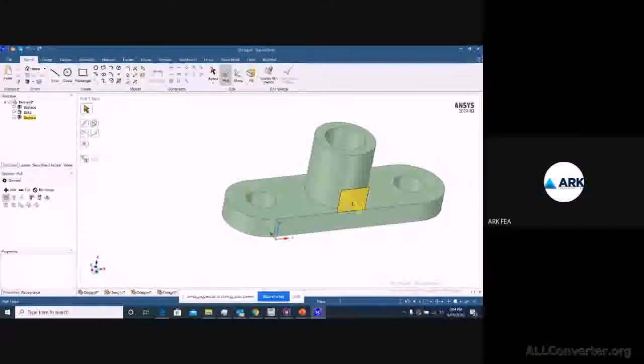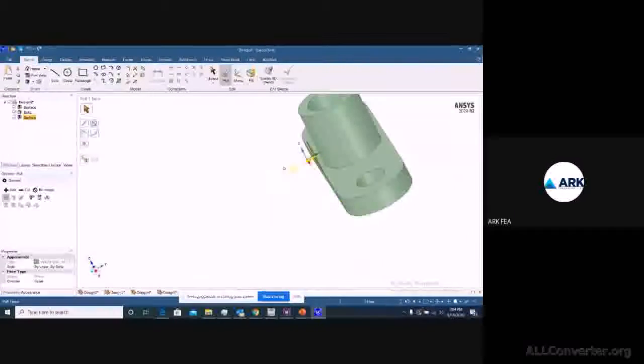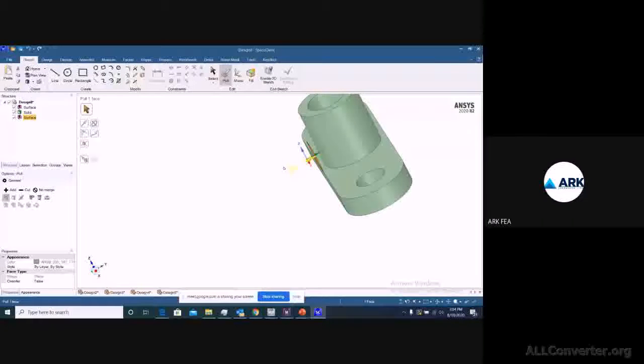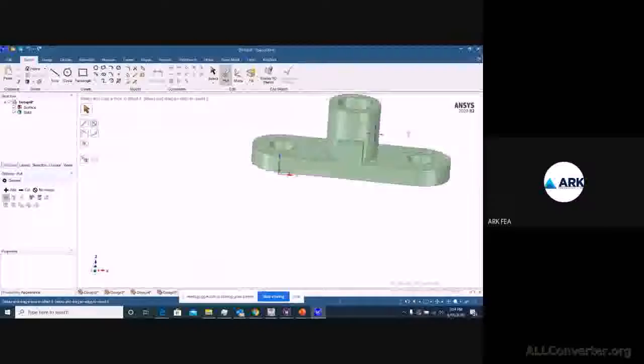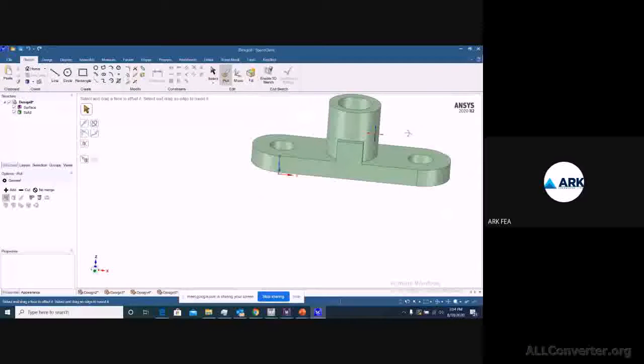So right now you can see here, and we'll select the surface, given up to command to this one. Right, so now you can see that we have created.